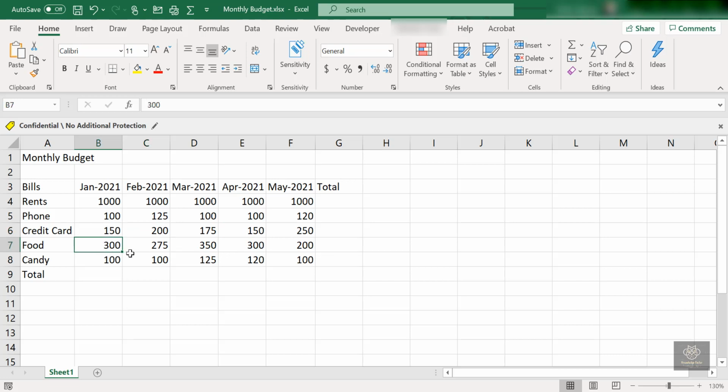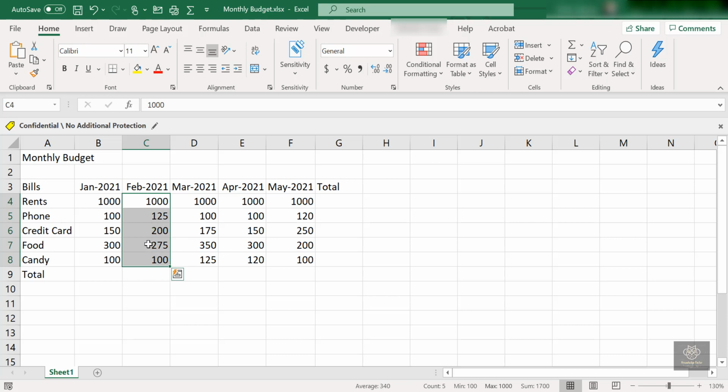These are all cell references. They can also be referenced as a range of cells. I can say I want you to look at all the February values. Well, that goes from C4 down to C8, from here to here. I have now selected that range of cells.